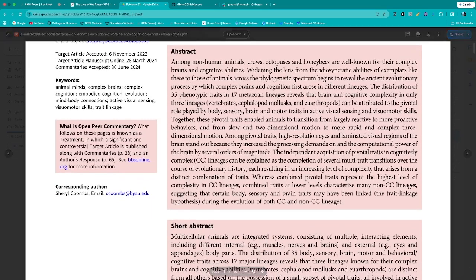Okay, so the abstract here reads, among non-human animals, crows, octopuses, and honeybees are well known for their complex brains and cognitive abilities. Widening the lens from the idiosyncratic abilities of exemplars like these to those of animals across the phylogenetic spectrum begins to reveal the ancient evolutionary process by which complex brains and cognition first arose in different lineages. The distribution of 35 phenotypic traits in 17 metazoan lineages, so they did an analysis of different phenotypic traits in different